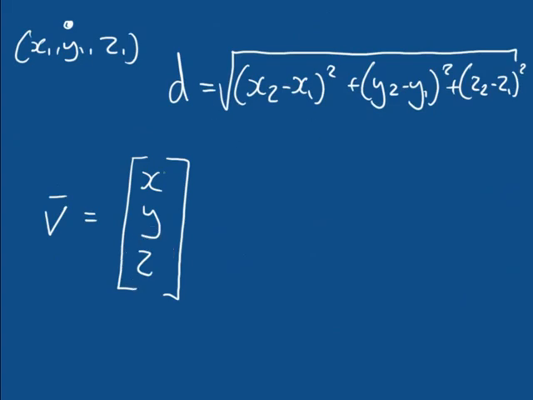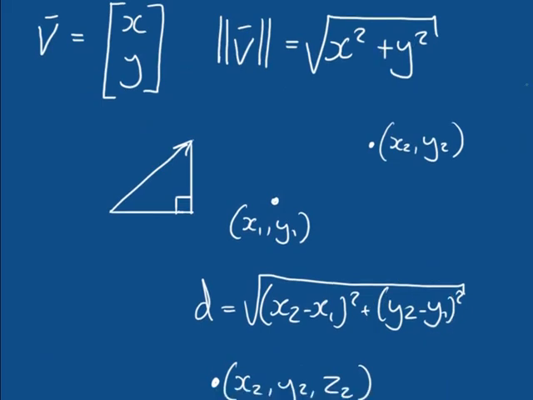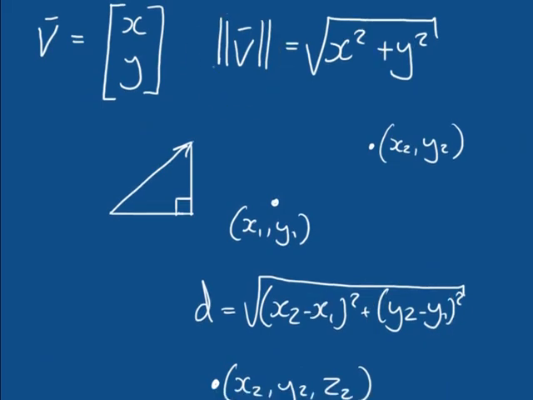So can we not think of x as being how far we've travelled in x, y as being how far we've travelled in y, and z as being how far we've travelled in z, much in the same way as we did with our 2D example where we saw x2 minus x1 became x and y2 minus y1 became y? Well, yes, we can. So we can find the magnitude of a 3D vector very simply